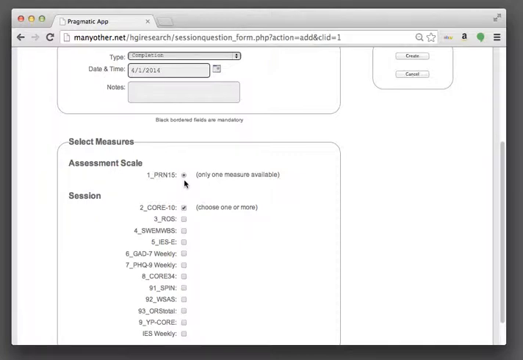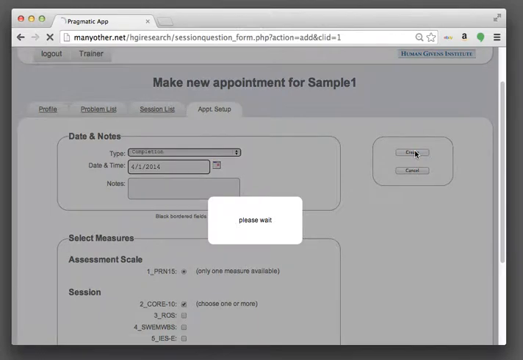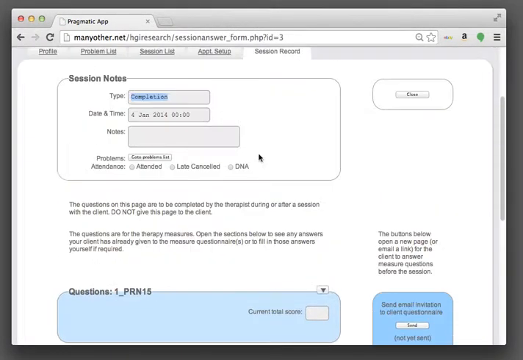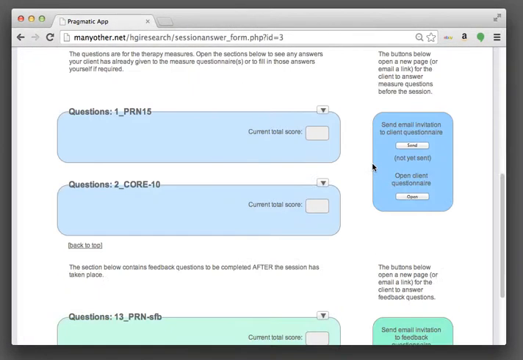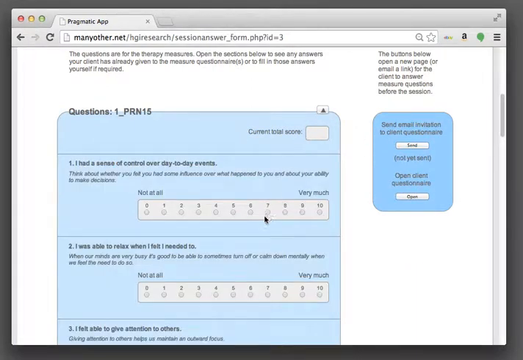So this is where you would be now asking the client to fill out the PRN 15 as a measure of how they've done over the course of the treatment with you, along of course with the CORE 10, because what's important is that we have the parallel administration of the PRN 15 with the CORE 10 so we can monitor change over time. And then we go create that session and the client attended. So here you can see we're doing all of this from paper still. And now we're going to go in here and